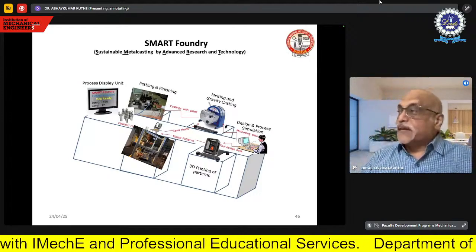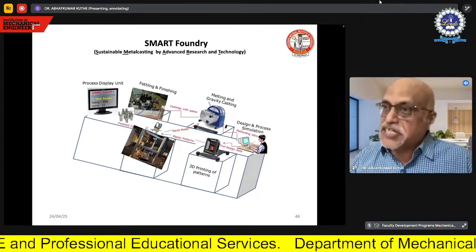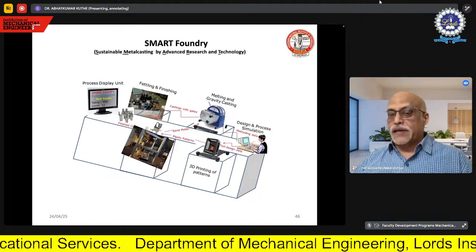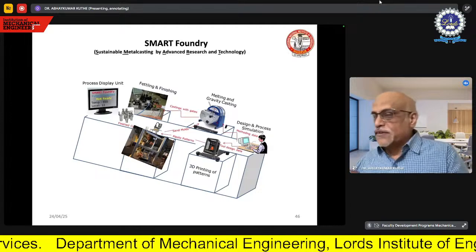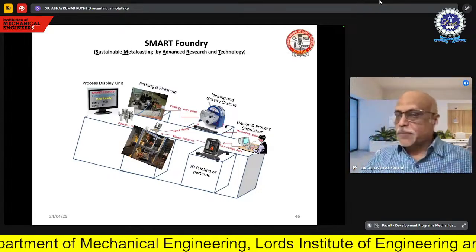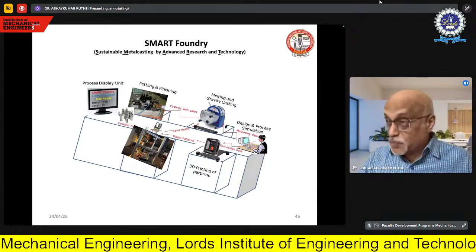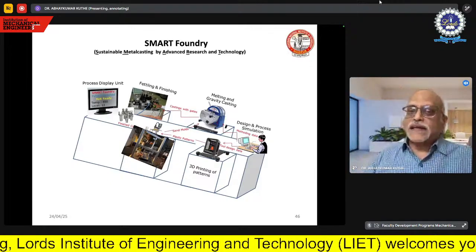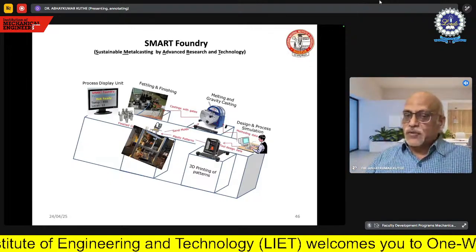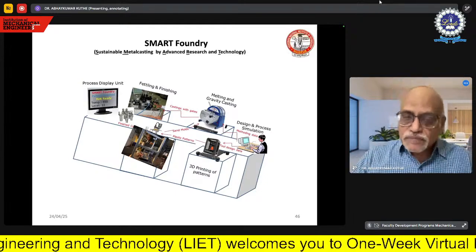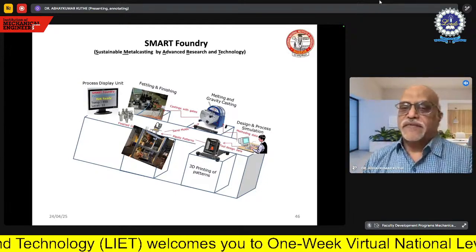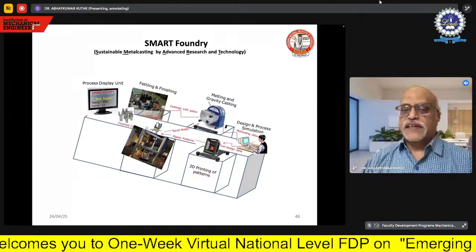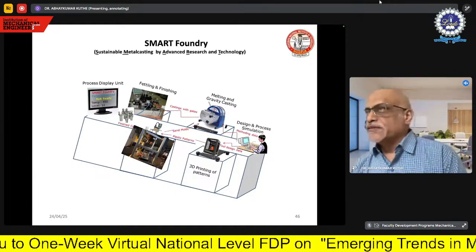Then 3D printing of the pattern. Yes, the pattern will be 3D printed. There will not be pattern makers or a pattern shop. It will be 3D printed, and the part developed on the computer is sent to the 3D printing machine, directly giving a physical model. That is important, and there will be least or no human intervention. Then ultimately you can use the melting and gravity casting, the so-called molding process, and finally the finishing and fitting, and you can see the finished product, and all this will be available on the screen.